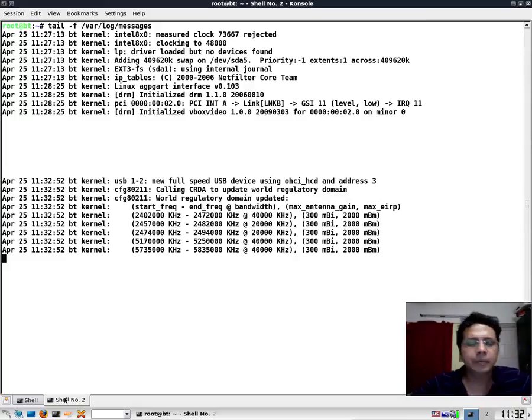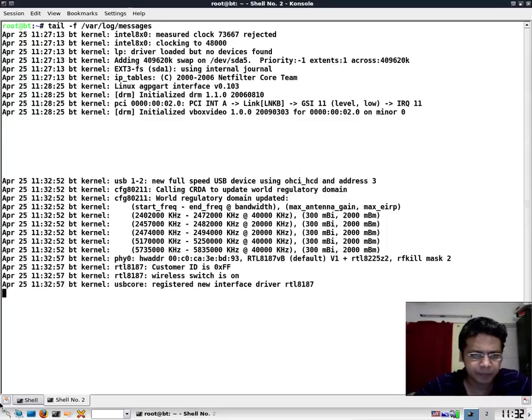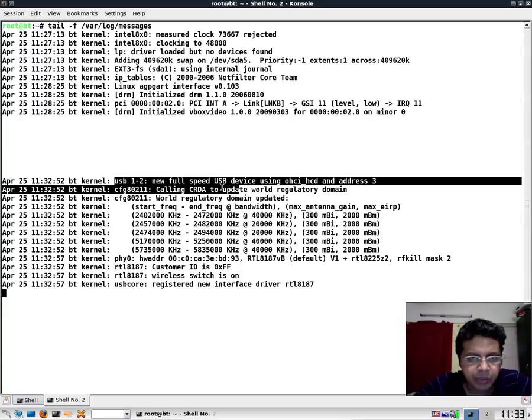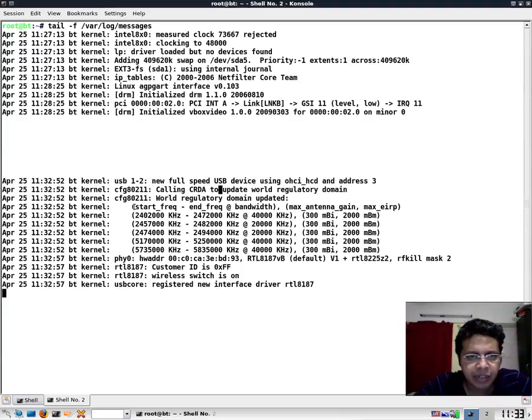So I've plugged it in, and a lot of interesting output seems to be coming. If you notice, this says USB and so on, and after that it says something called calling CRDA to update world regulatory domain. World regulatory domain updated, and then we have a little ASCII table which says